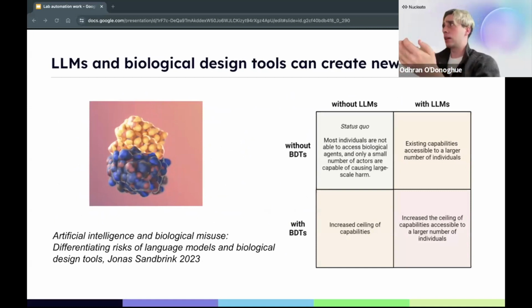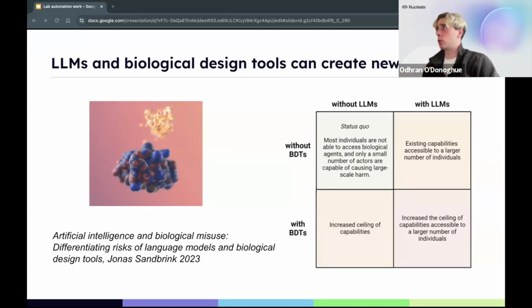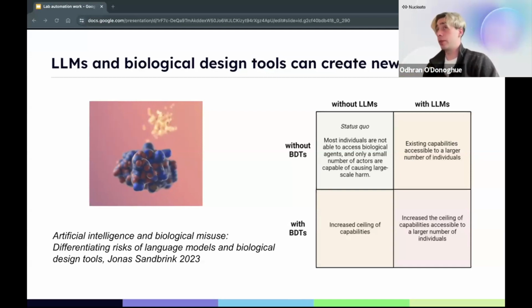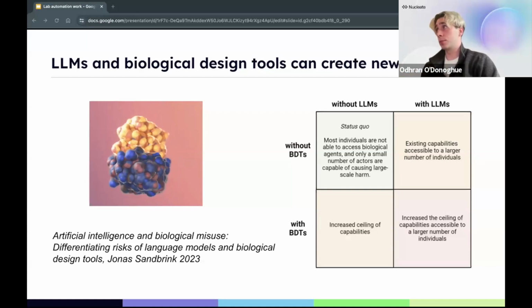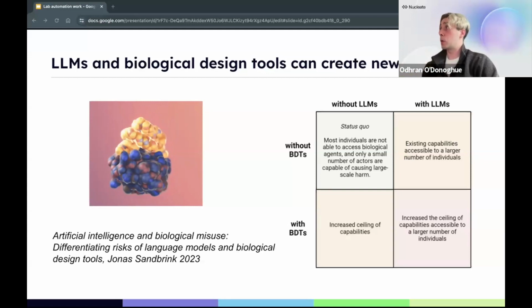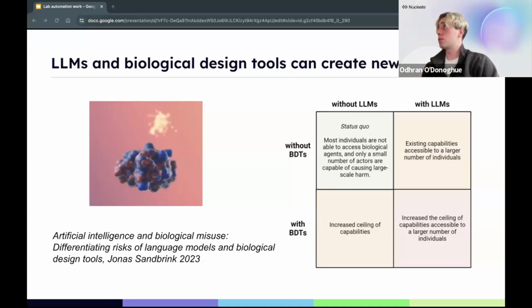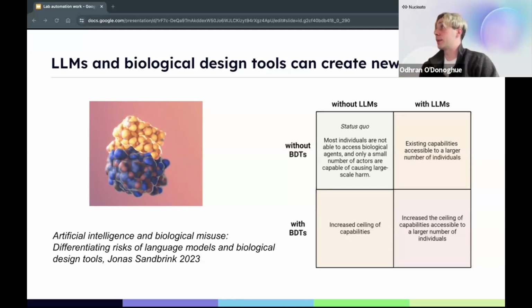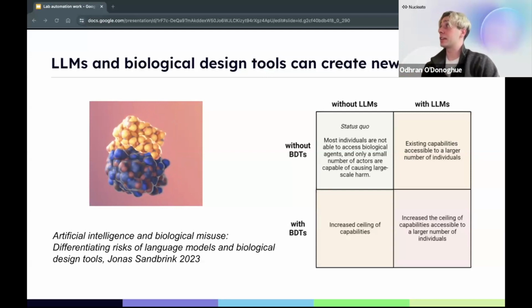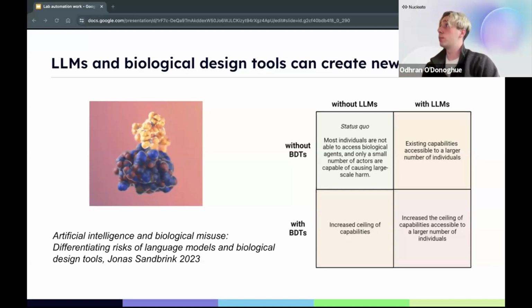Previously, academia and study has been a gatekeeper to biological knowledge, which in some ways is a bad thing. It's good for people to know more about their health and know more about the nature of the world. In some ways, it's a good thing because it can prevent people who may be dangerous getting access to this information. Large language models have changed that a lot. They have made information a lot more accessible for a lot more people. Now, obviously, there's a lot of safety consideration that goes into how we mitigate the risks of this information existing, but there are, of course, still risks with any new model coming out, particularly open source models that may not be safety checked, around the information that people eventually get access to through this kind of model.